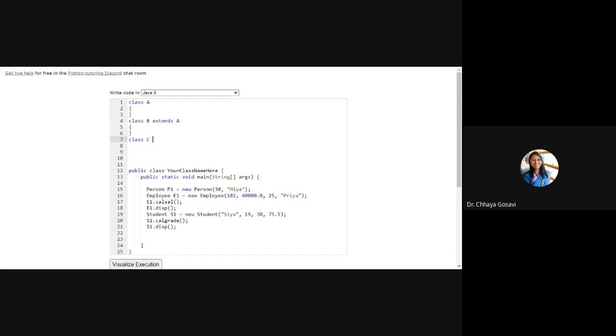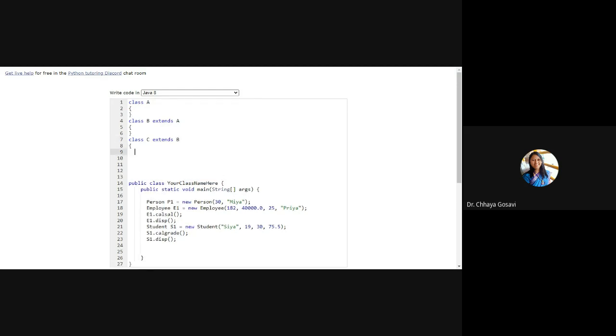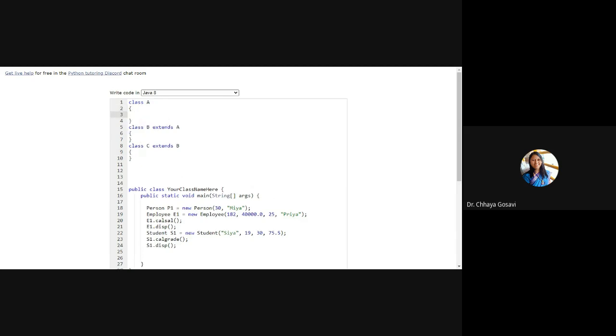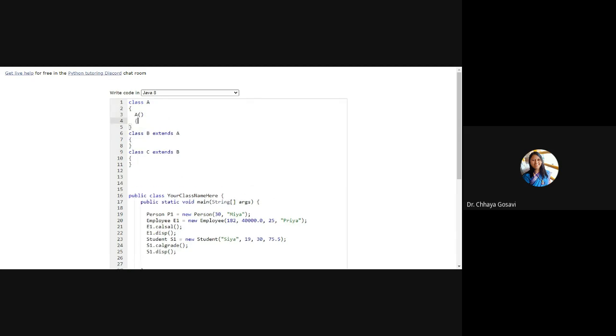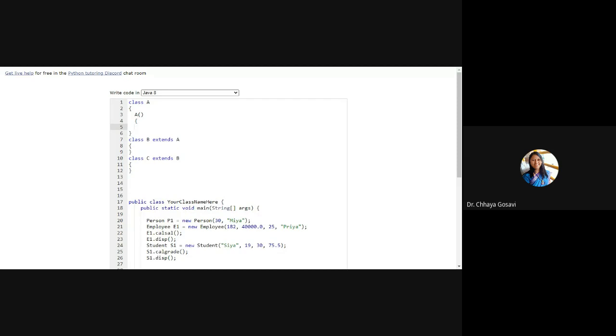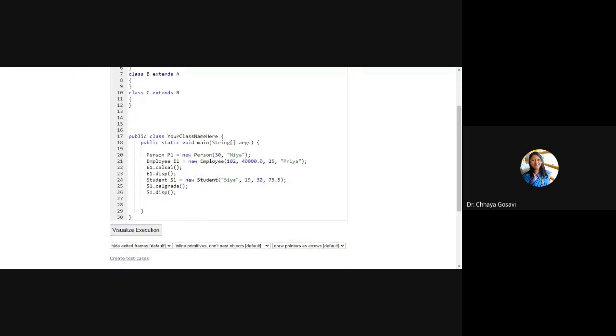Class C extends B, not A. If it extends A, then it will be a hierarchical inheritance. If it extends B, that means it's a multi-level inheritance. So in this class, I'll create a constructor. Here I'll just write System.out.println.